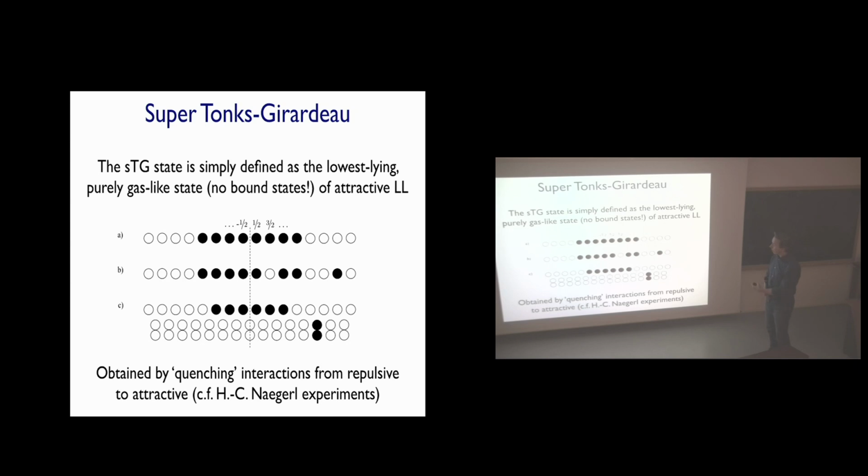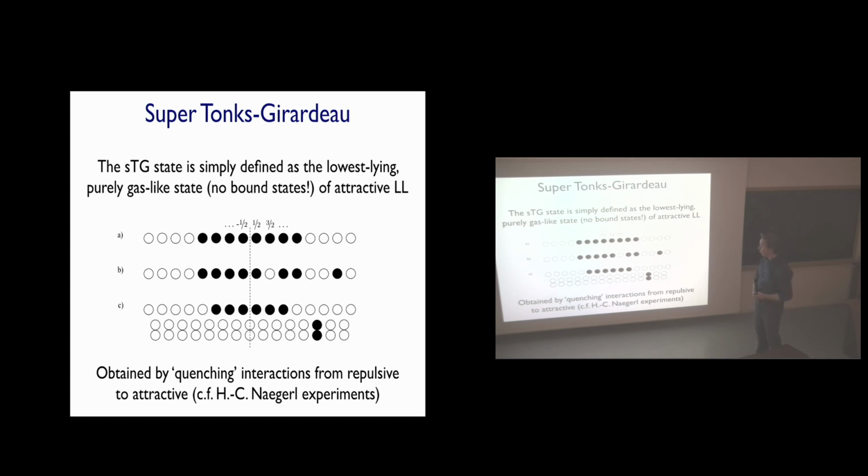Now, the thing I'm doing here, which is special, is due to Grigori Astrakharchik and others, who invented that idea. The idea is that I'm going to start from a repulsive gas, but I'm going to make this repulsion infinite. Therefore, my state for that system of bosons is really the absolute value of a Slater determinant of fermions. It gives me a wave function. I mean, we have great specialists of Tonks-Girardeau gases in the audience.